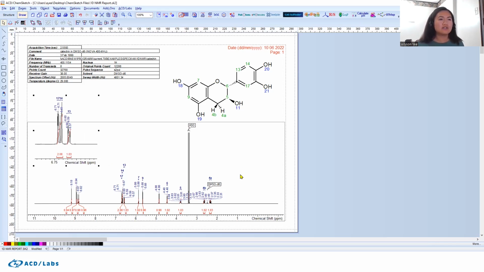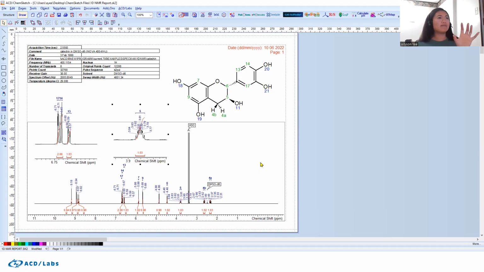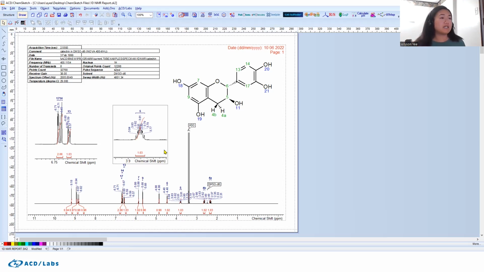So I can do that just one more time. If I click the zoom spectra, let's say I want to zoom in on this multiplet right here, I can just go through that. I'll click right here. I can now resize it, and you'll see that all of the information is kept within these zoomed inserts. You can very clearly see this multiplet. You can see the way it's being split, and you still have the chemical shift area shown right below it. So that's something we find that a lot of people like